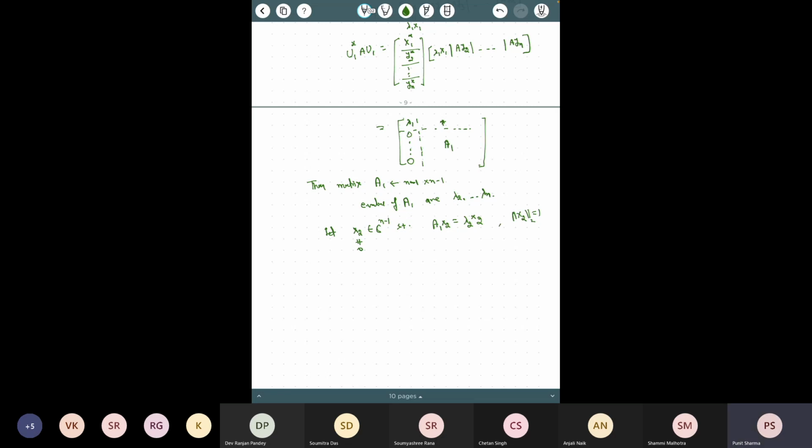Okay. So do exactly the same thing, do it all over again, and find a matrix U2 of size n minus 1 cross n minus 1. Find a unitary matrix of this size such that